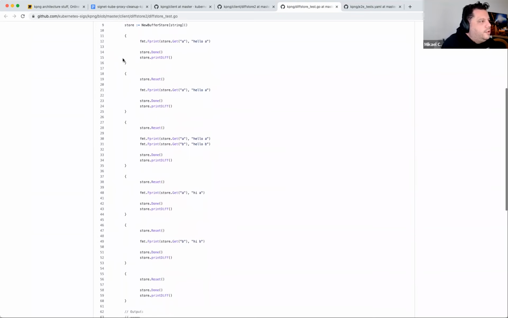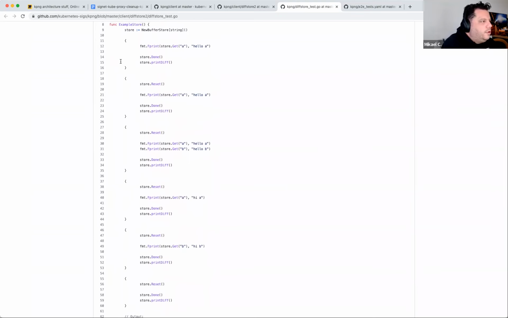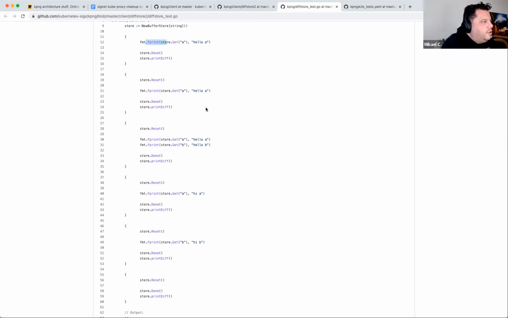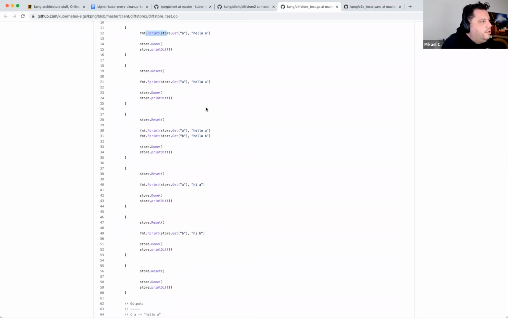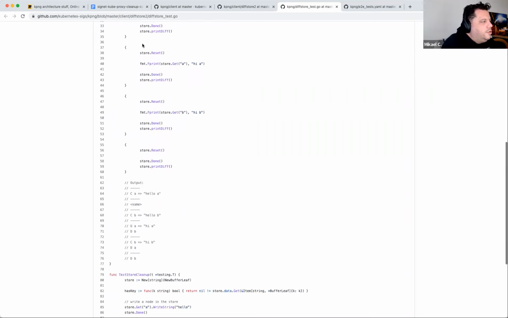So every leaf of a store, the thing that you get with store.Get, is going to be a bytes buffer. So you can just use your regular writer functions like Fprint, Fprintf. You write all the things you want, and then you call Done. When you call Done, you get the diff from the previous state, and it allows you to print it.